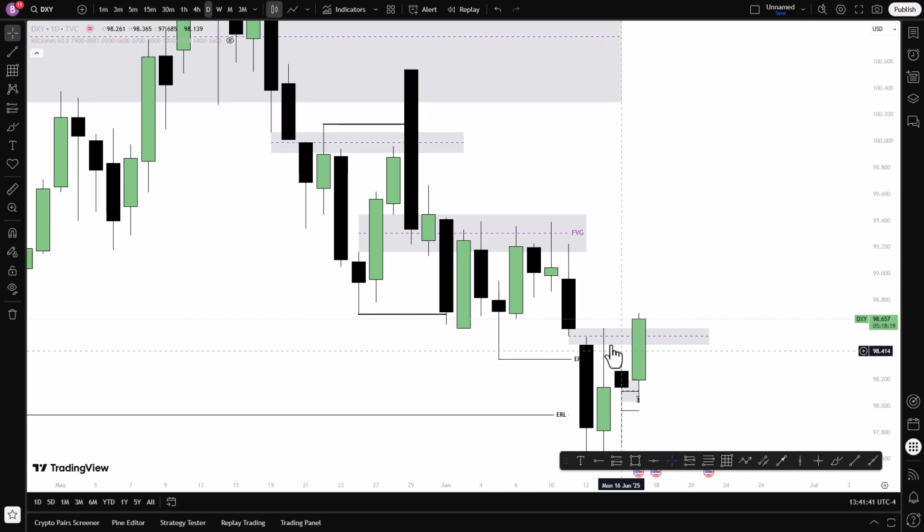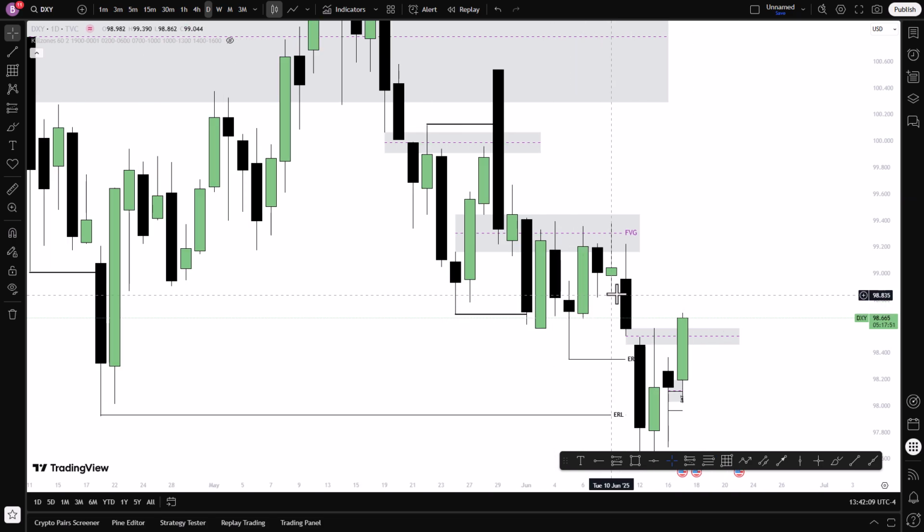I said, okay, since we are rejecting, we might see price going bullish, and we have some levels that we want to see price enter, being the institutional levels. One of them is this volume imbalance as well as this fair value gap, because of the external range liquidity we've taken at this level as well as this external range liquidity taken. We want to see price coming back into the range. However, above this fair value gap, we also have this relative equal high that price might tap.